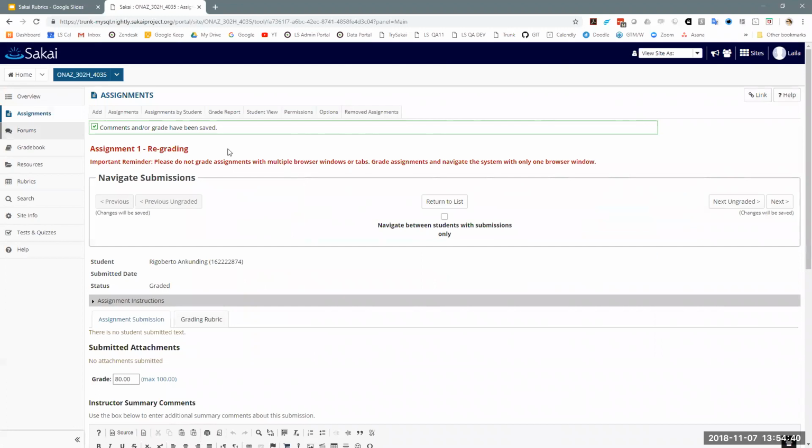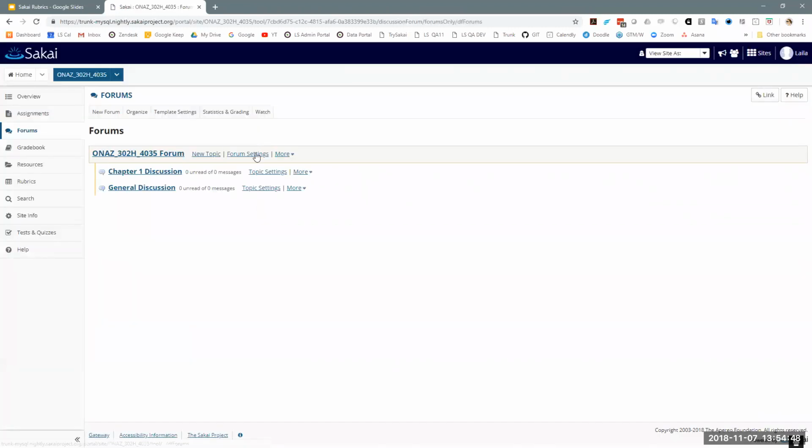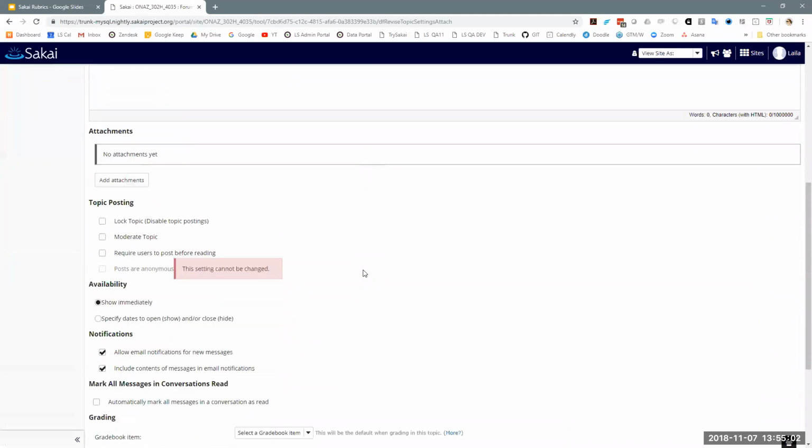Now I'm going to flip over to forums, because it's the next one alphabetically. I was actually in the process of setting up a new topic, just so I'd have something easy to attach an item to. So once you have a topic, and you could do it at the forum level as well, it depends on where you wanted to use that rubric, you can go into the